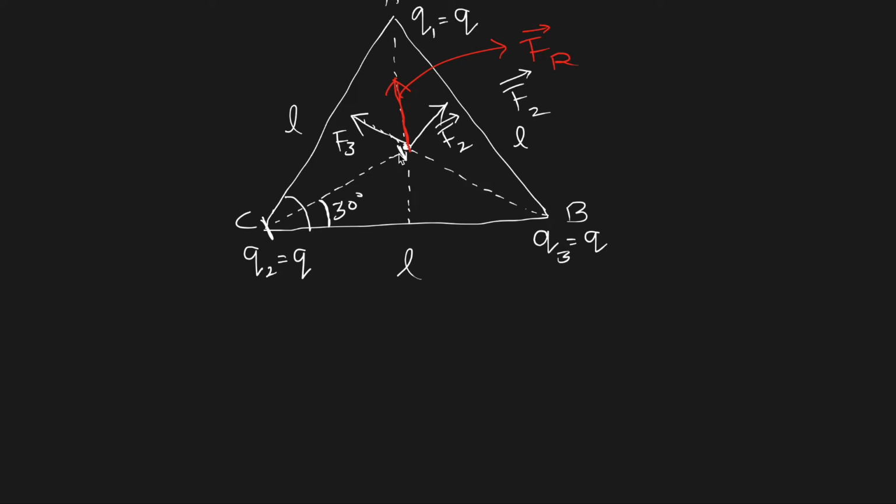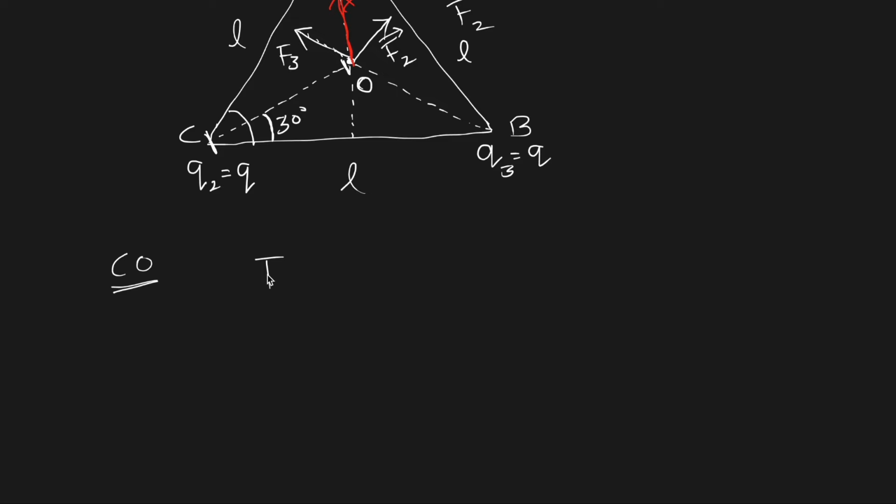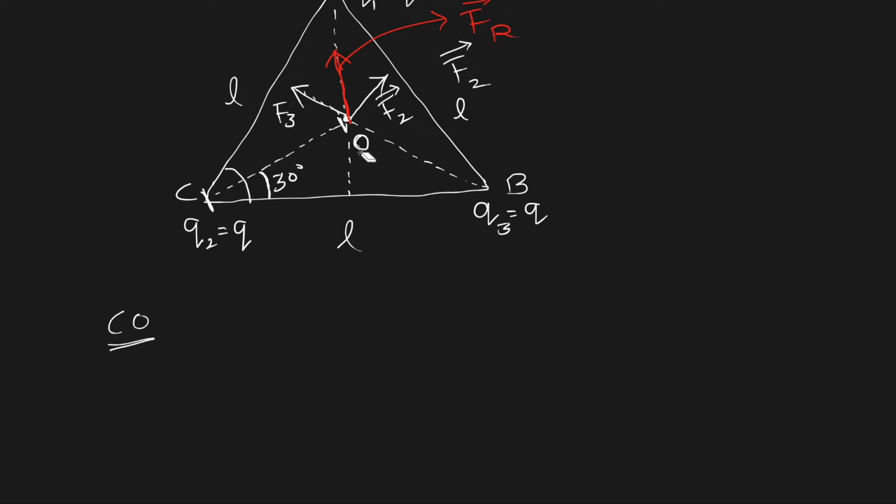For this, let's suppose that this is the point O, and we have to find out CO, because to find out the force between them, you have to know the distance between the two charges. And for this, let's suppose the force F2, for finding out the CO, we have to use